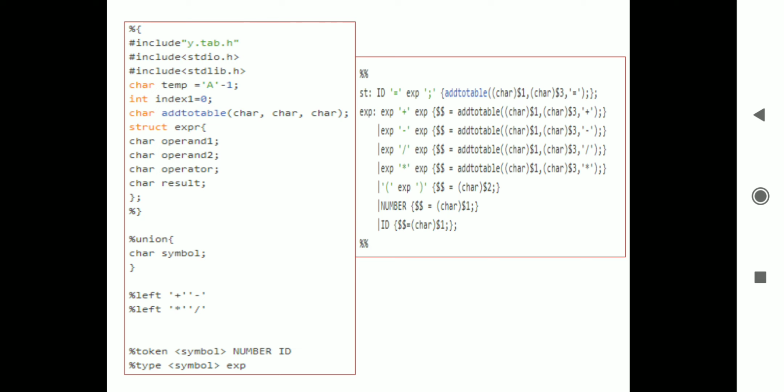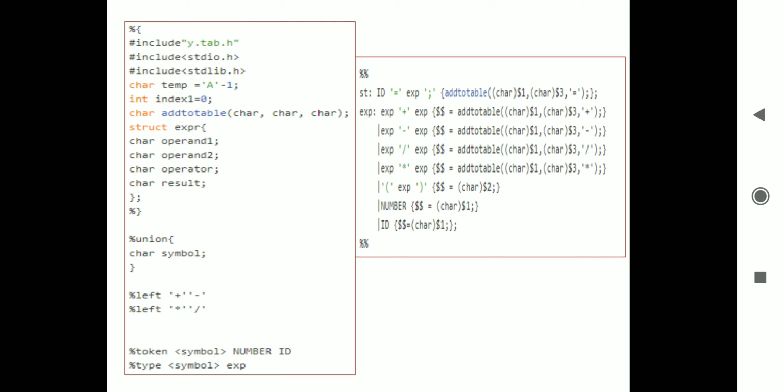Some variables we are going to use here are global variables. We call it index1, whose value is 0, and temp is the ASCII value of a minus 1. So whenever we do the operation temp plus plus, it gives me a variable, a character a.